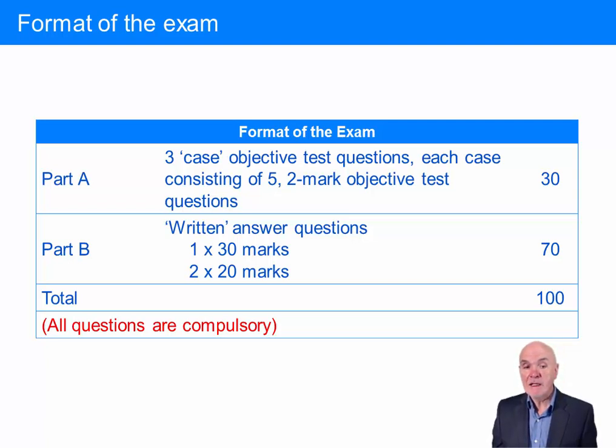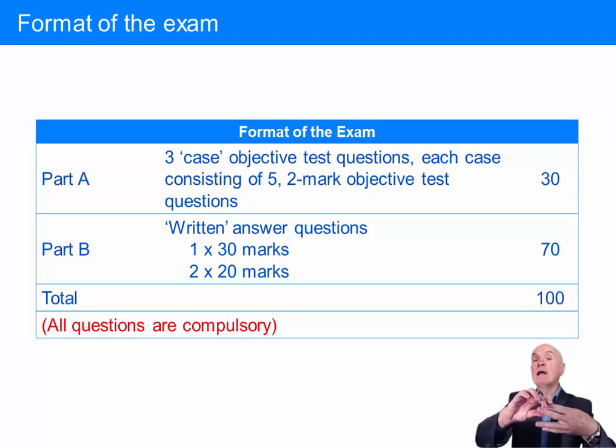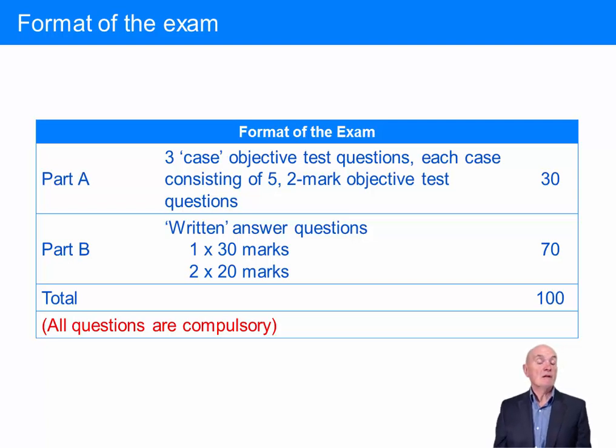If you're doing the exam on paper, these objective test questions will be multiple choice, which of A, B, C or D is correct. If you're doing a computer-based exam, the objective test questions are more varied. You could be asked to choose which 2 out of the 4 options, or which 2 out of the 6 options you would think are correct, or maybe you have to match up items on the screen and so on. Part B are essentially old-fashioned written questions. In the computer-based exam, you type these into a kind of word processing screen and so on there, but it's